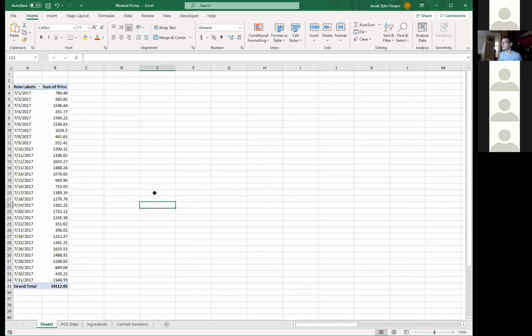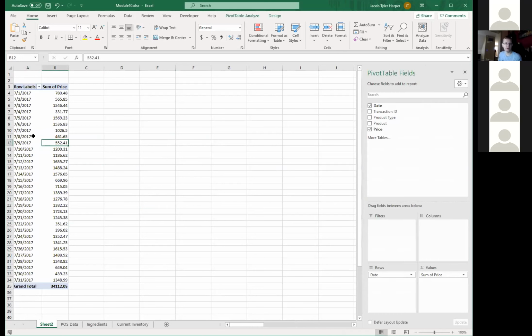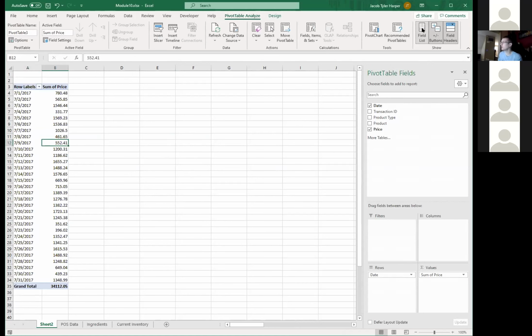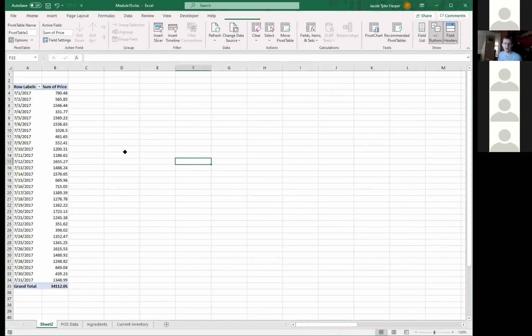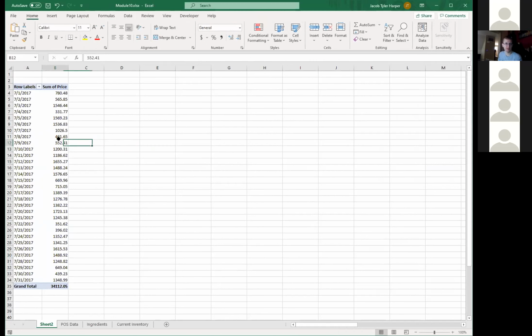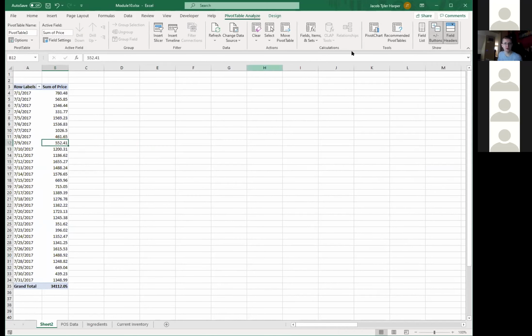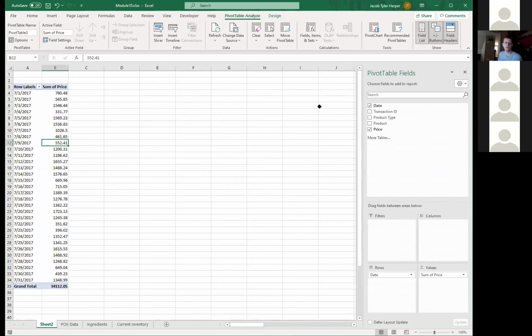What else? Oh, you might have noticed sometimes my buttons on the right disappear. If they ever disappear, usually you just have to click back over here on the left and they'll pop back up. But if they don't, you'll notice I have these 2 new tabs along the top. If we click on this Analyze one, there's a button way on the far right called Field List. And if I click that, now it's sort of permanently gone. So if yours ever disappears, click on that Field List button and it'll come back so you can actually manipulate your pivot